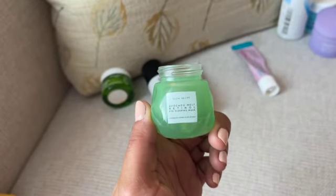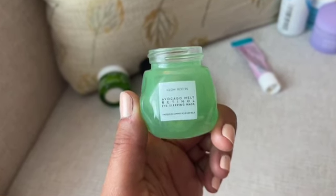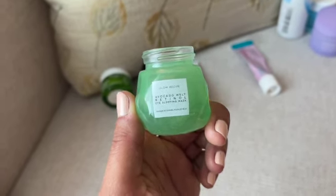Glow Recipe is fantastic. Everything they make works, and I would definitely repurchase this, but for now, you know, it's been a really nice, consistent eye contour to keep the area smooth and non-flaky. Highly recommended, but I do have backups of others back in the Middle East, so I might not repurchase this